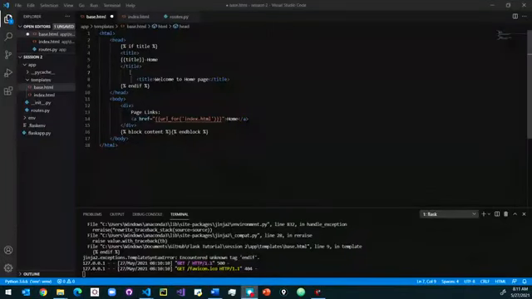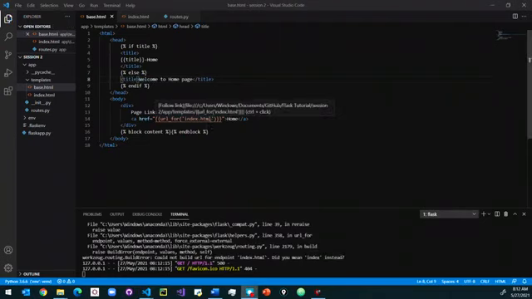So there is actually a mistake in the code: I missed the else part here. So I'm just adding that else here. If title is given, then display the title, or else display the default title. And there is one more error, you can see, index.html.